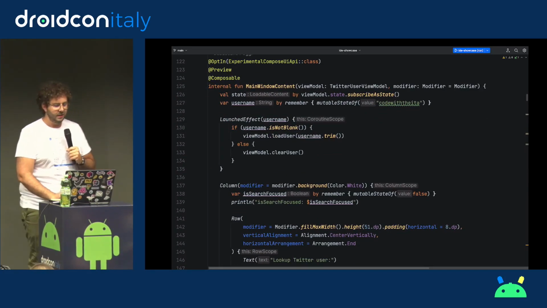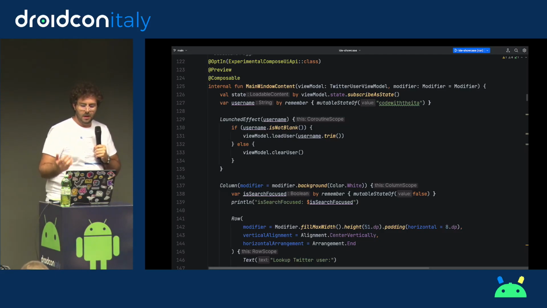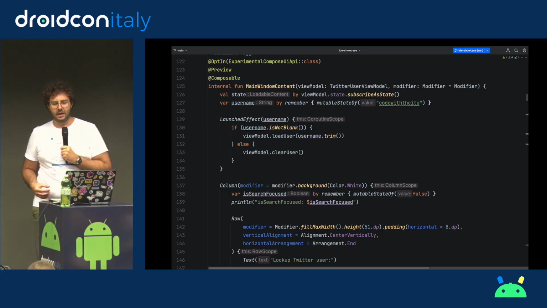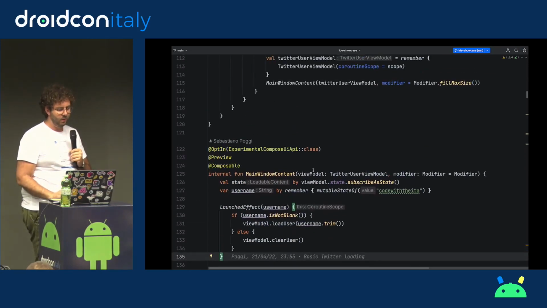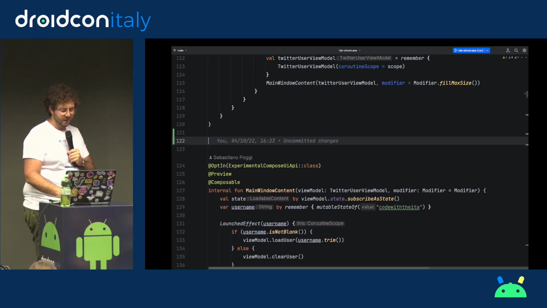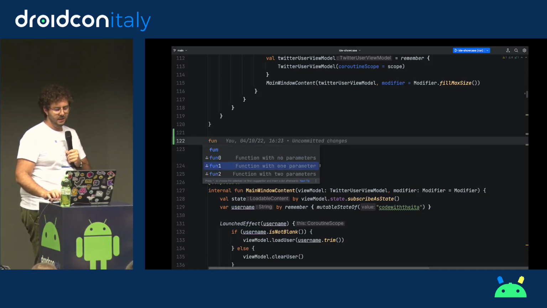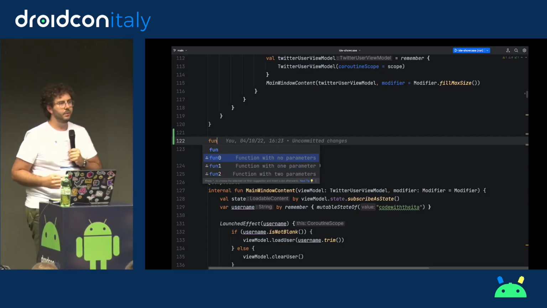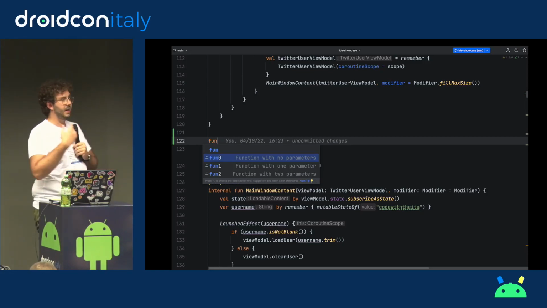Before we actually get to make this code look a bit better, another thing that I particularly love about IntelliJ is the ability to create live templates. And you can find live templates everywhere. The idea of live templates is that I can start typing something, and these things you see here with the rubber stamp next to them are live templates. If I know the name of a template, I can write a lot of code without having to write a lot of code.